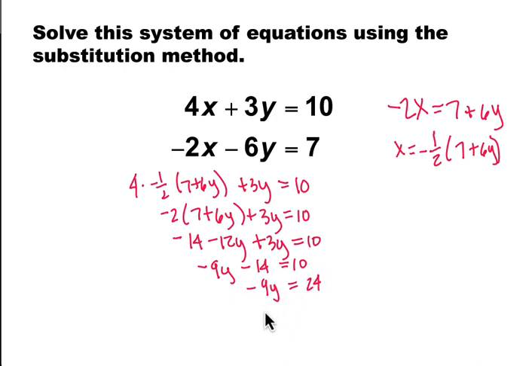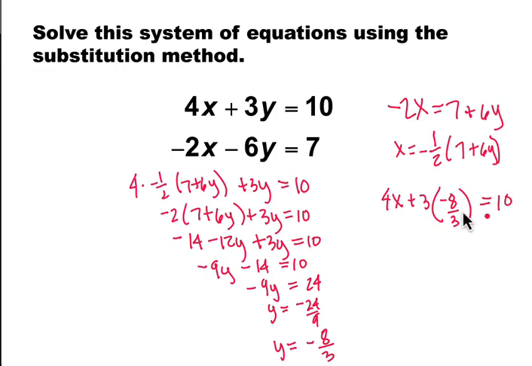Dividing both sides by negative 9, we get y equals negative 24 over 9. And this simplifies to, dividing both top and bottom by 3, we get negative 8/3. We take this value for y and substitute it into this equation to solve for x. So we get 4x plus 3 times negative 8/3